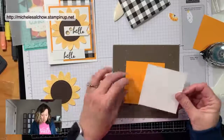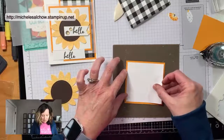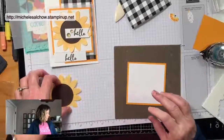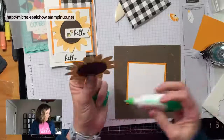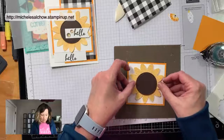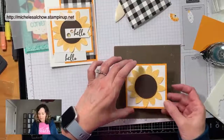Just love that sound. It's so satisfying. Makes you feel very productive. And then this, I'm going to put this straight down. I'm not going to put this on dimensionals. Just kind of center it. Okay. And then,